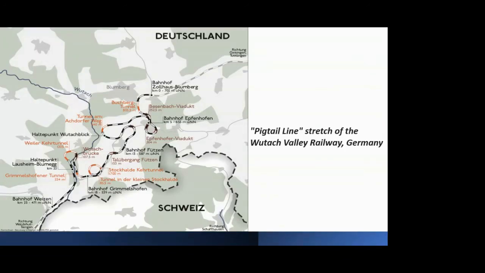And then an example for spiral tunnels. Again, I have taken an example from the European subcontinent. So this is the map. Now they have written in German, so I'll just write it. It's a map of a border area of Germany and Switzerland. You can see the border depicted by this line, and near this, you have a railway line.